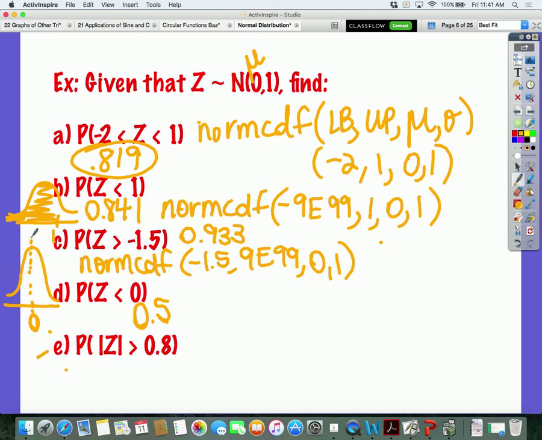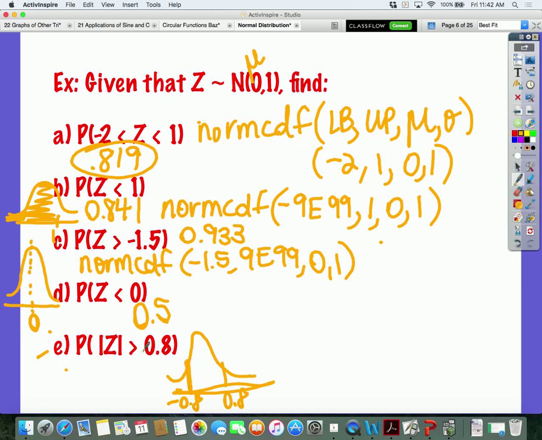It makes it positive, whether the number you plug in is negative or positive. Okay? So technically, for the absolute value of z greater than 0.8, z could have been positive 0.8 or negative 0.8, couldn't it? Okay? And so when you have this type of situation and you're trying to figure out the probability,